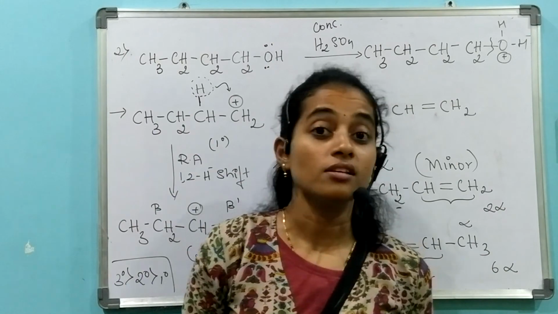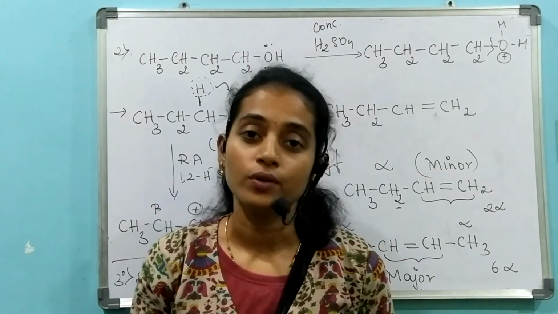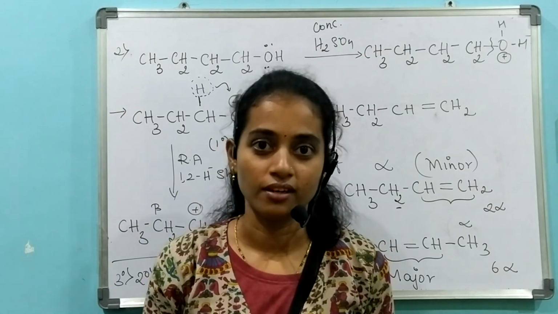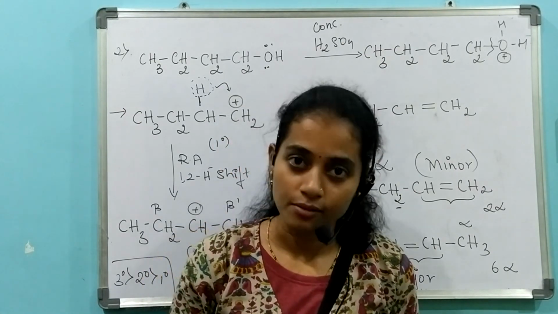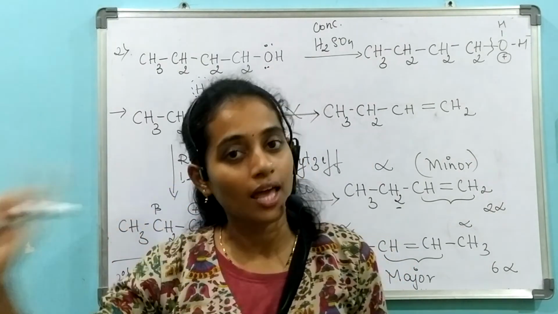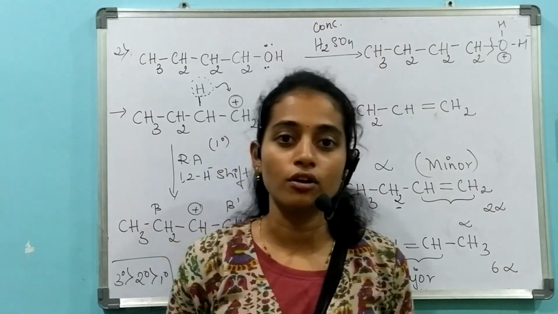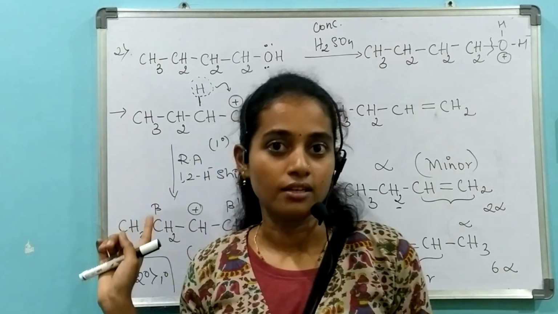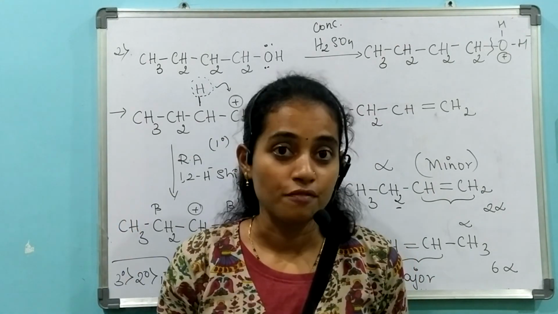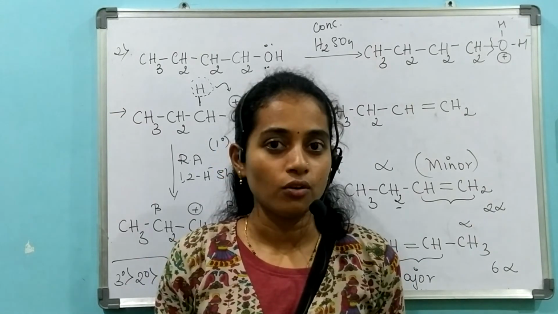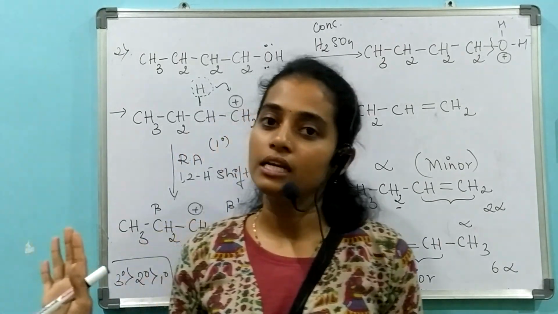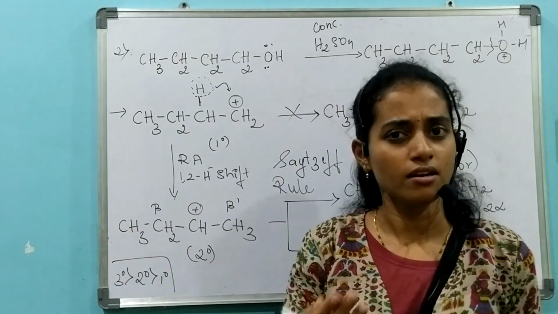Following this method, which is dehydration of alcohol, you can also call it an elimination reaction. It is an E1 reaction where you have a carbocation as an intermediate. Stability of the carbocation is tertiary, more stable than secondary, than primary. The same applies to the rate of reaction for dehydration of alcohols. If you take tertiary alcohols, the rate of reaction will be faster than for secondary alcohols, than for primary alcohols. Why? Because it depends on the stability of the intermediate formed, that is a carbocation.